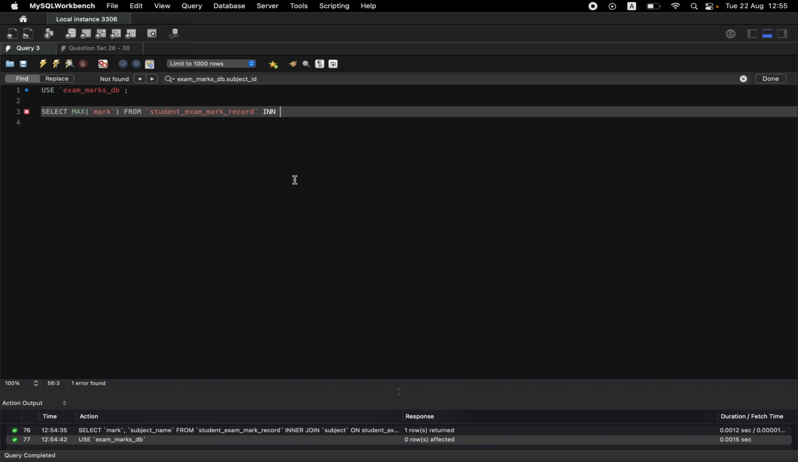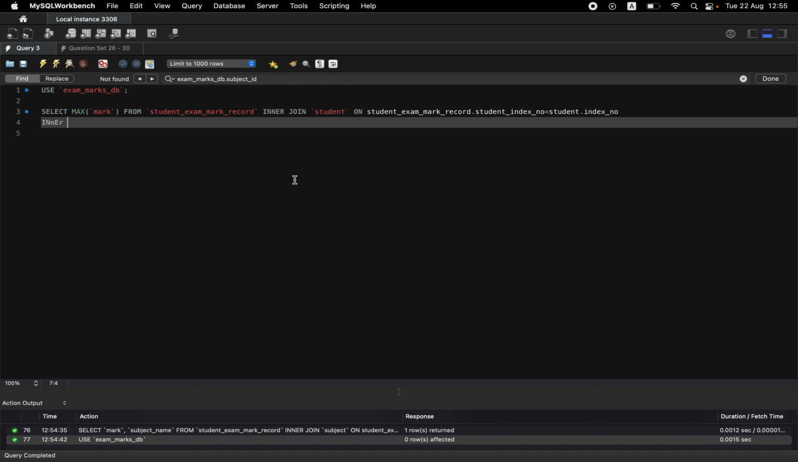inner join the student table on student exam mark record dot student index number is equal to student index number, and inner join we need the class table, so class on student dot class id is equals to class id,